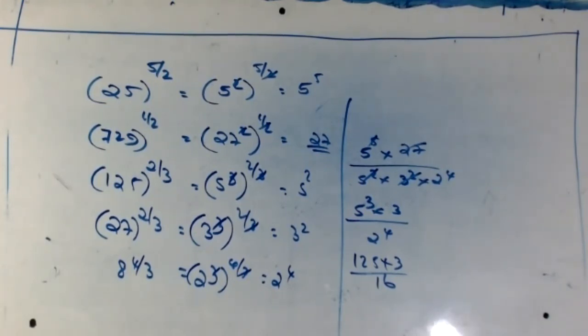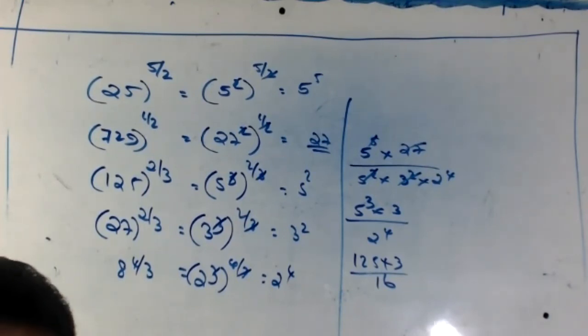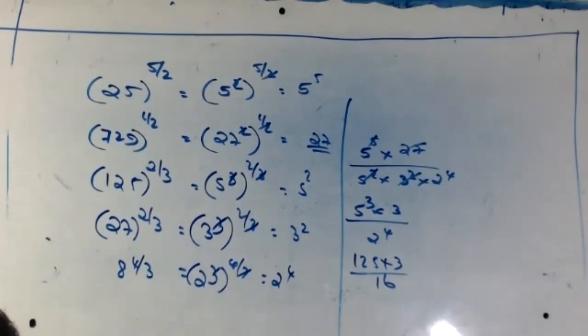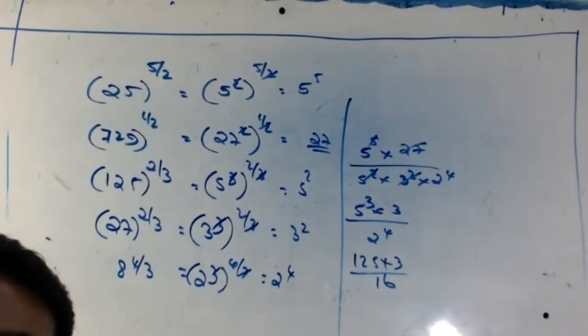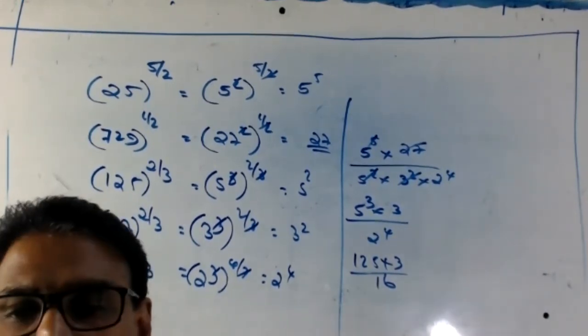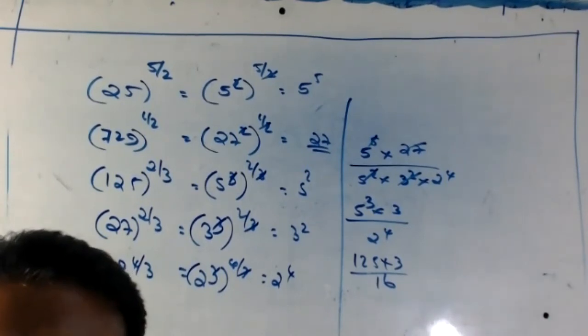Suppose 27 square. Those who know it by heart write 729 directly. That is the benefit. You can save the time. Time management is a very important thing. Within the time, you have finished it. That means you have taken the shortest method. Clear now? Everyone, clear or not? You have to learn how to learn.